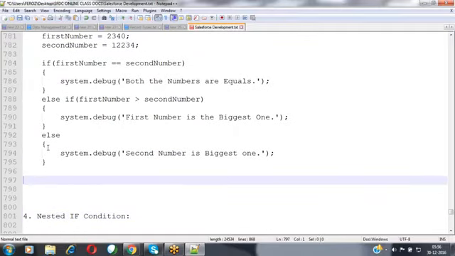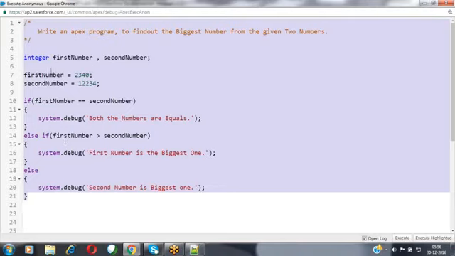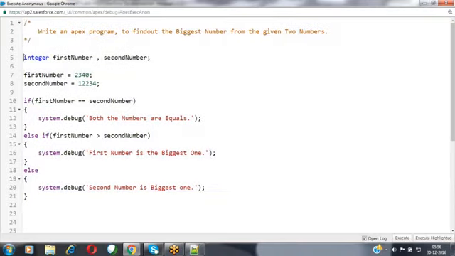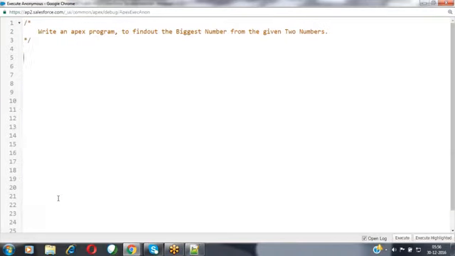Now write one more program over here. Write an Apex program to print the season name based on the month number entered by the user as below.